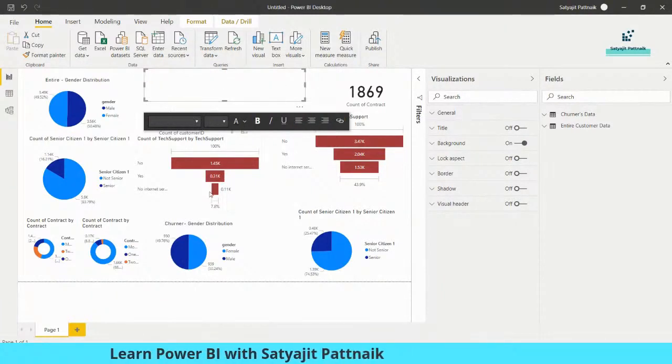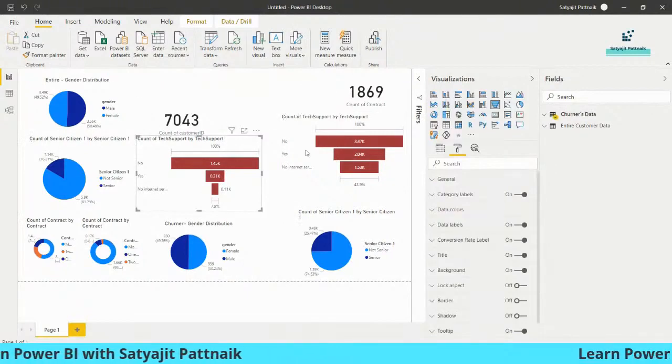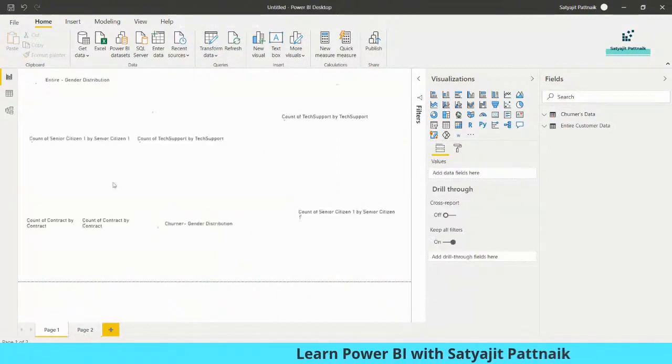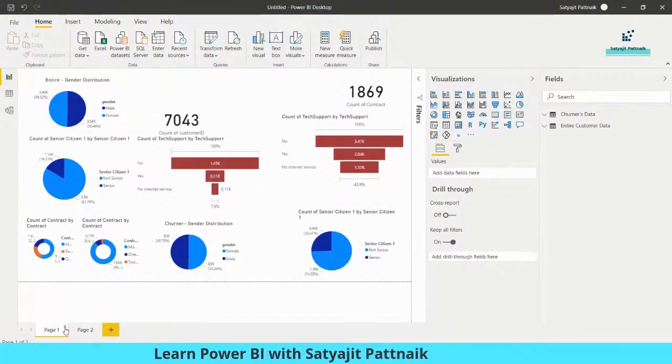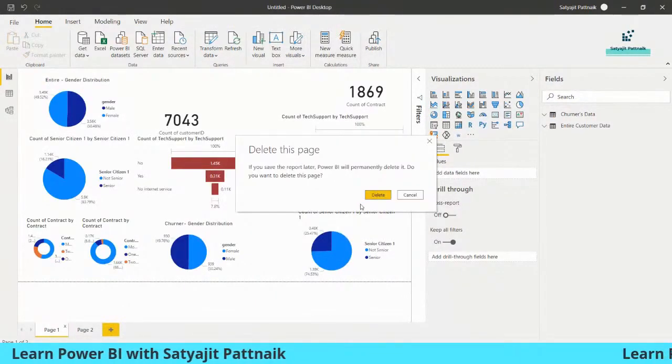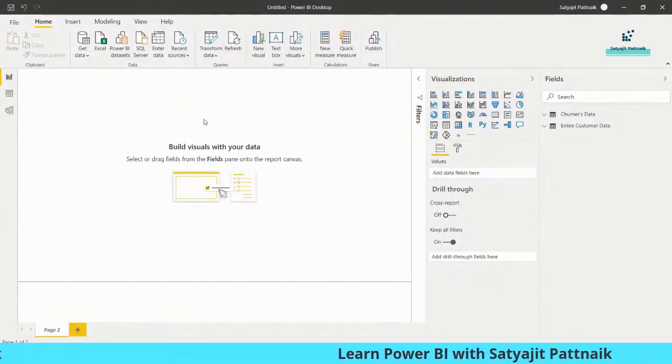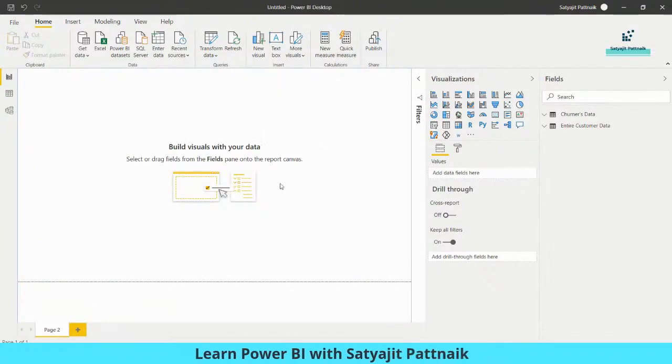Okay, I don't want this. So what I'll do is I will simply create a new page. I don't want all this mess. Okay, I'm just going to close it. So what I have done is, let's try to create it first, and then I will try to show you